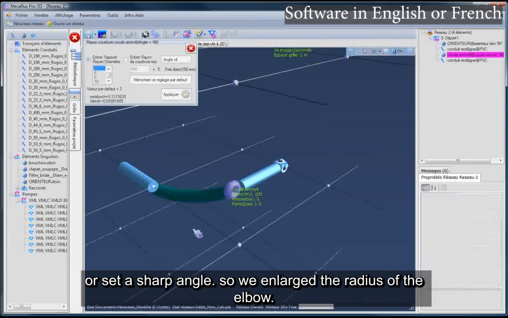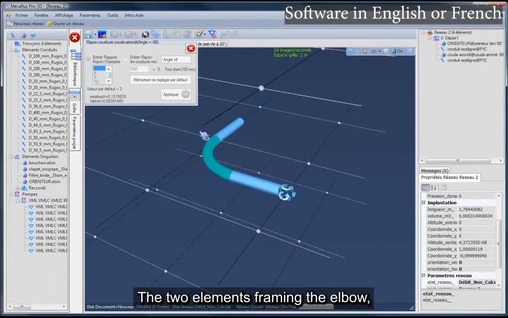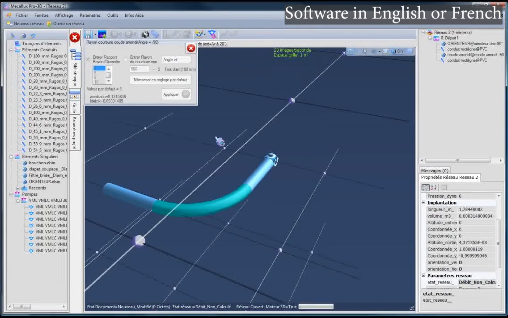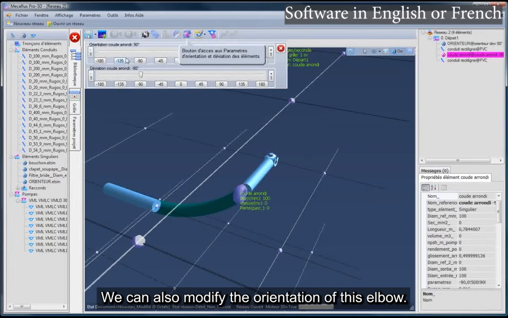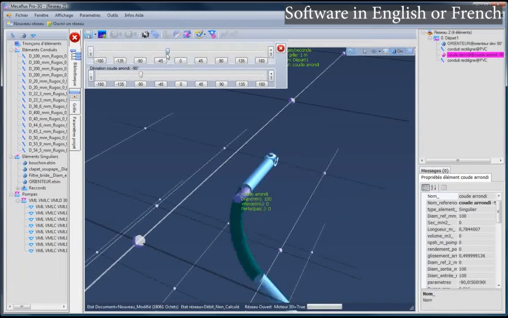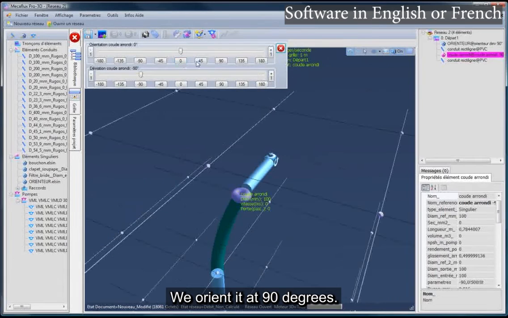So we enlarged the radius of the elbow, the two elements framing the elbow adjusting to preserve the implantation points. And here we see the redesigned elbow. We can also modify the orientation of this elbow. We orient it at 90 degrees.